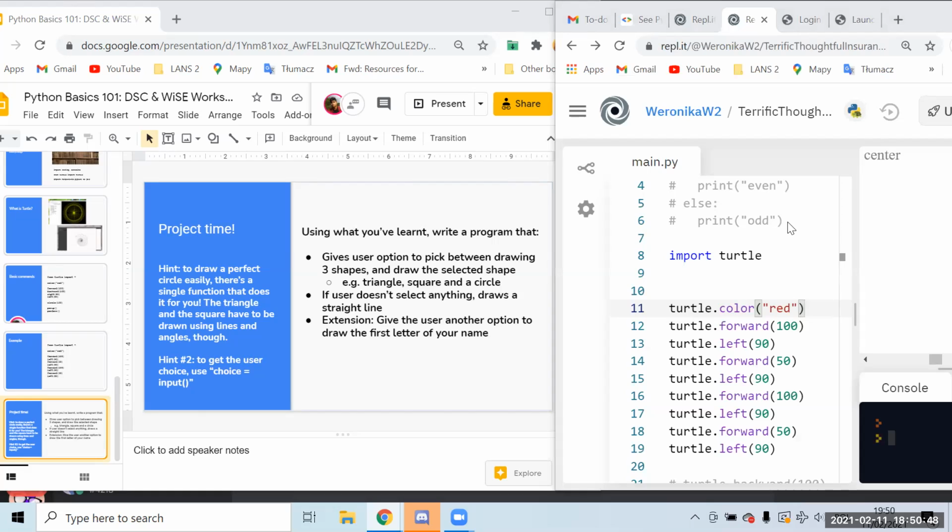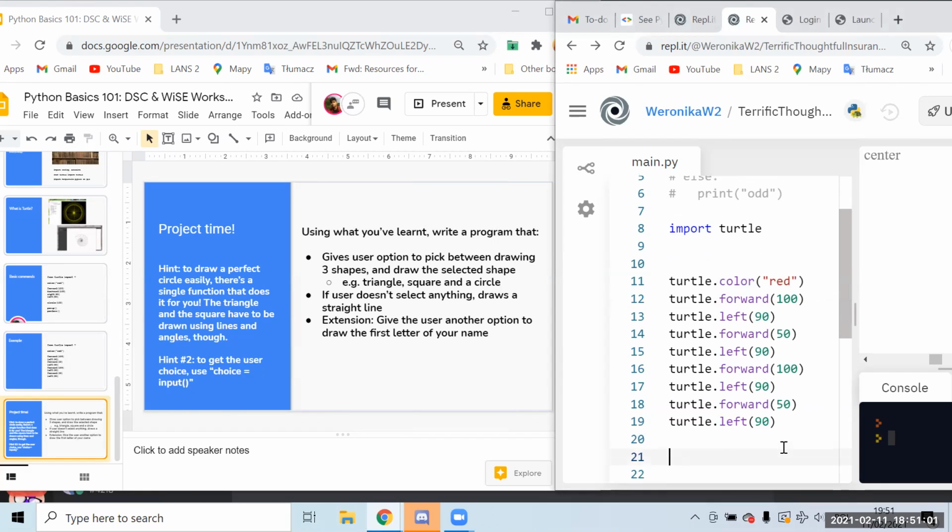If you have any questions on the specifics, put it on chat, but the general idea is just get the input, put it in an if, and if triangle, and then put everything for drawing triangles in that if statement, else if square, else if circle, or just else. That okay with everyone?